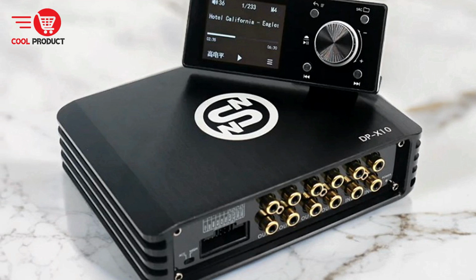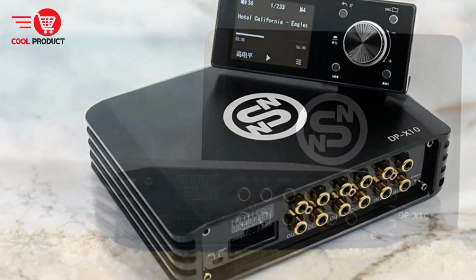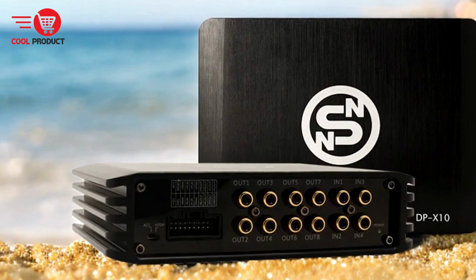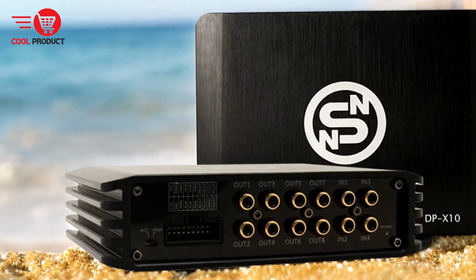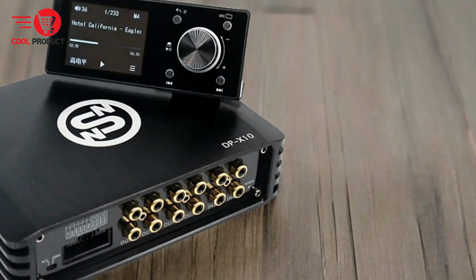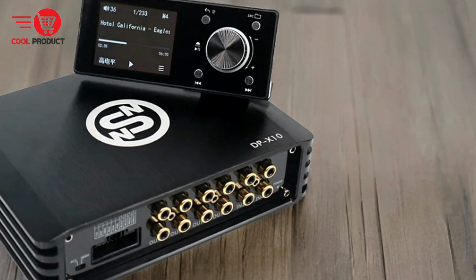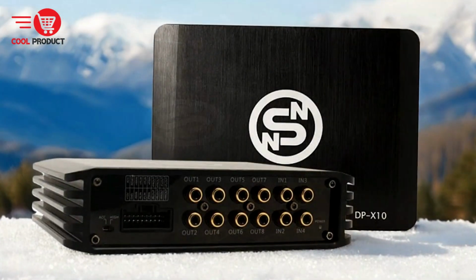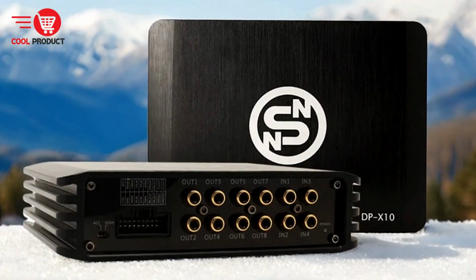Cons: limited power output. While suitable for most standard car audio setups with 50 watts RMS per channel at 4 ohms, users with larger vehicles or higher power requirements may find the output insufficient for their needs without additional external amplifiers. The Sennuopu DP X10 Plus Car DSP amplifier offers a comprehensive solution for enhancing car audio quality through advanced